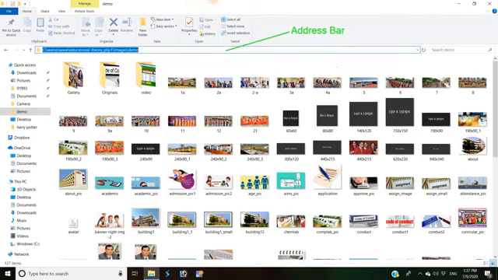You are also looking here, this is the title bar. This is the address bar, this is the title bar, and this one is a